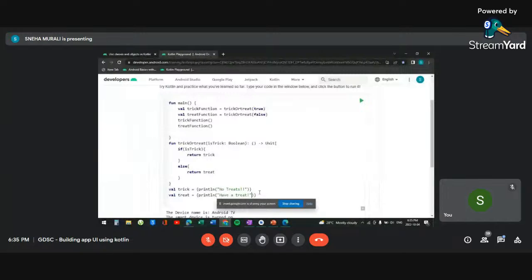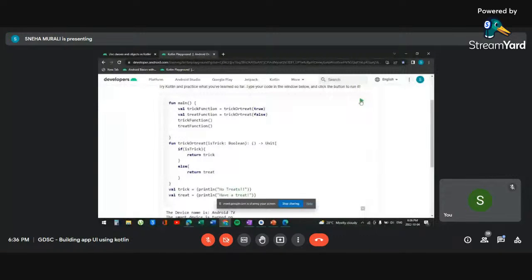So in the main function, here we access the trickOrTreat function, we give the value true for one, and for another treat function we give the value false, and we access this trick function and treat function. So